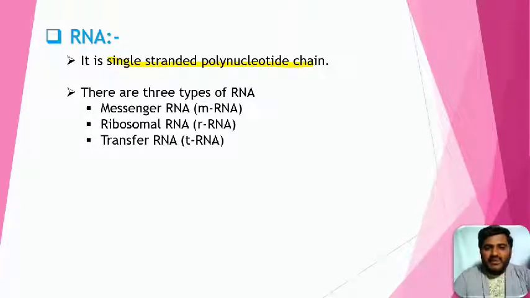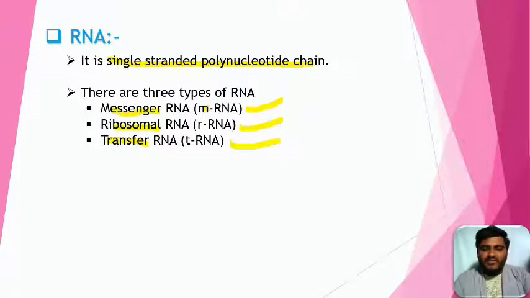RNA can be classified into mRNA, rRNA and tRNA, where m refers to messenger, r refers to ribosomal, and t refers to transfer. So these mRNA, rRNA and tRNA indicate their function, what the RNA will do. mRNA acts as a messenger, rRNA acts as a ribosomal RNA because it is found in the ribosome, tRNA acts as a transfer of genetic material. Okay, we will study the function of RNA.